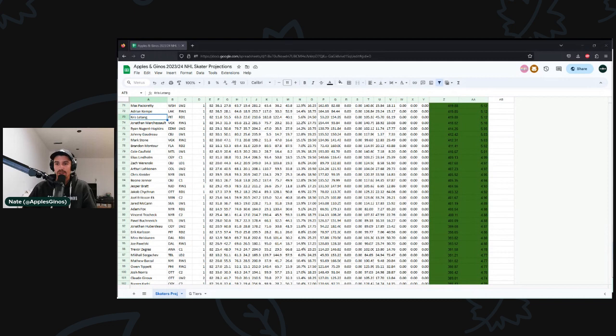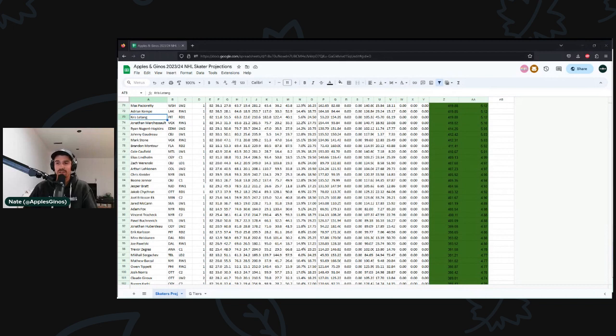This is really why Blake and I did the projection series that we did, where we went through every single team, all 32 teams, and we just told everyone what our assumptions were about each of these players, how we viewed the teams, how we viewed the power play splits, all these things that really do matter for projections and how that informs the finished product. So that's why Blake and I did it the way that we do it. I think that's really important. I can't stress that enough, to be honest with you.